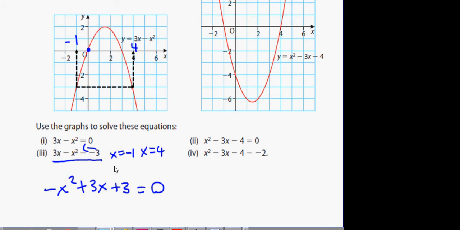Okay. And the reference number. Okay, so the reference number would be, what's it? It's going to be, I took it out here, so I got minus x squared plus 3x plus 3, didn't I? Then I'm going to change that into